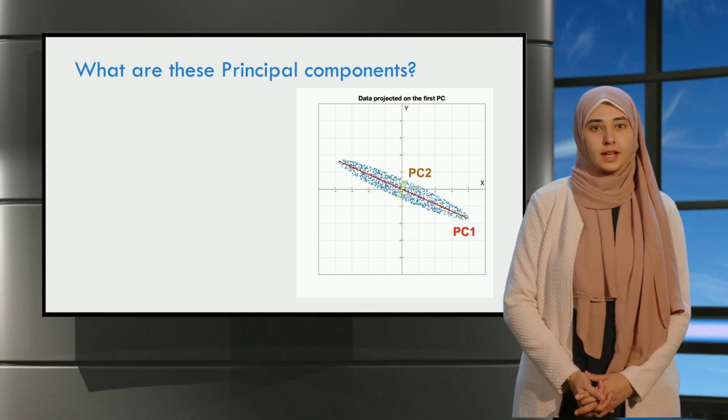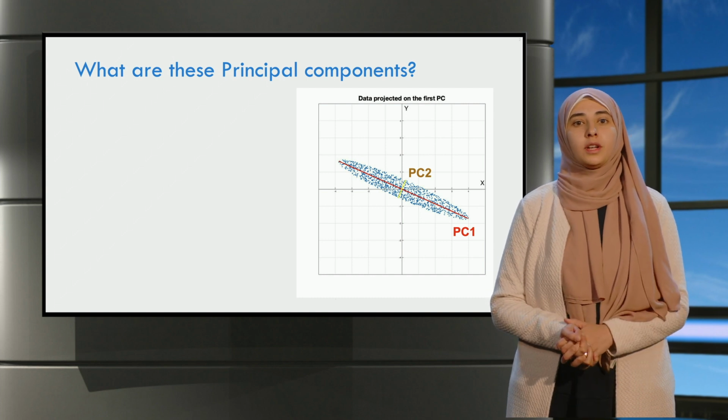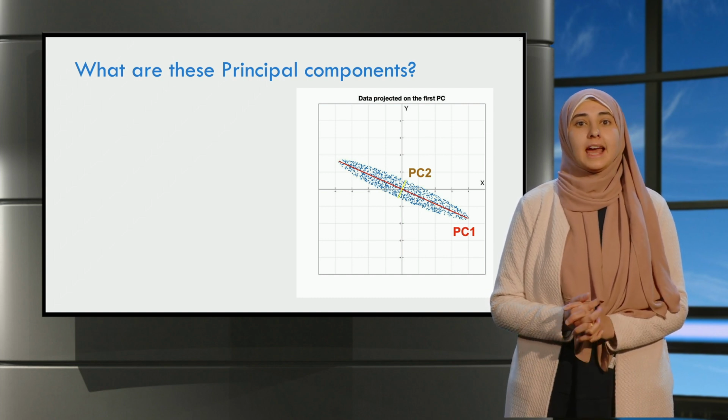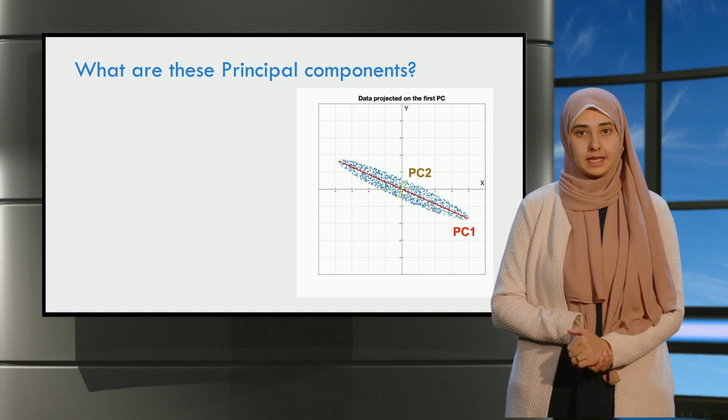Principal component analysis breaks down the dataset in terms of its principal components. In this video, we will go through the mathematical representation of these principal components and how to represent the data in terms of those principal components. These principal components are represented mathematically as vectors in the feature space.